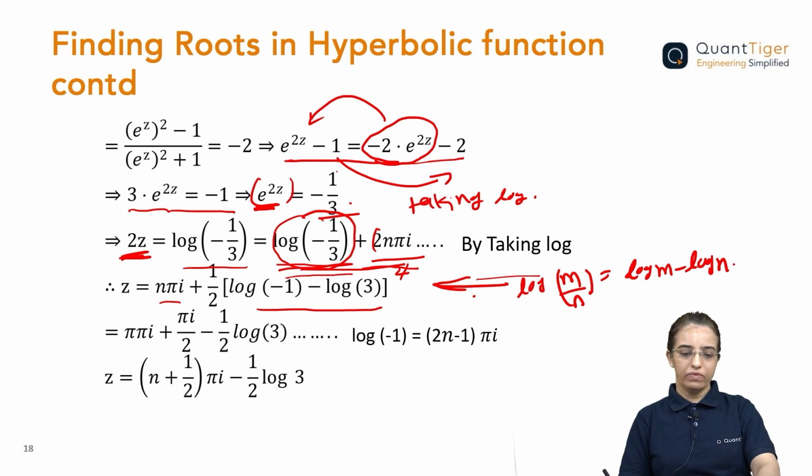Now what we can do, यहाँ पे ये n pi जो भी है term as it is मैंने लिखी हुई है. ये 1/2 को log of -1 होता है pi i. So यहाँ पे मैंने लिखा है pi i 1/2 से मल्टीप्लाई करना है तो वो ऐसे भी आ जाएगा, और simply multiply it -1/2 log 3. Now